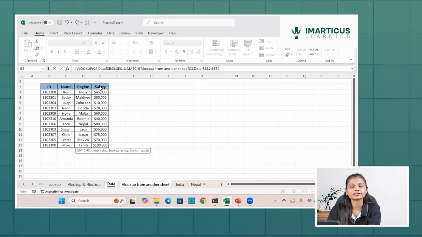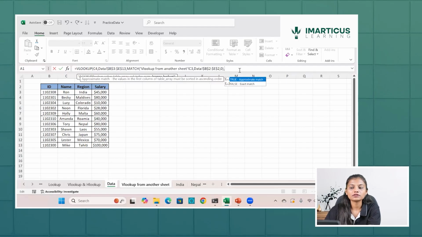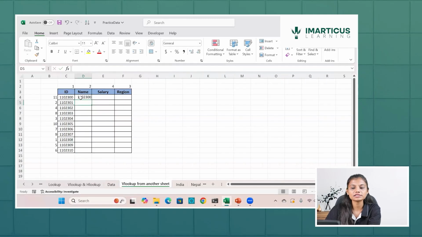That's first, that's second, that's third, then fourth. And what kind of match do I require? I require an exact match. So column index number is done. So when I do this, it should show me what? A column index number which is there. It should show me 1, it should show me 2, it should show me 3, and so on. And then here, what's a match which I require? I require an exact match,